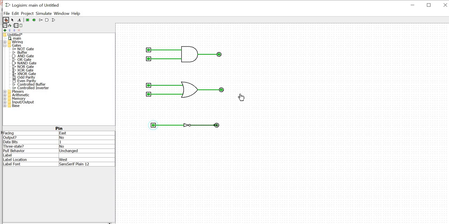So this is a basic experiment, and in this basic experiment we verified the logic function of the logic gates. The universal gates like NAND gate and NOR gate we can also do in a similar way, and similarly the special gates like XOR and XNOR we can also verify. So this is the basic experimentation of functional verification of logic gates.